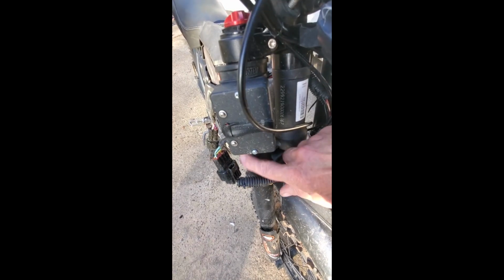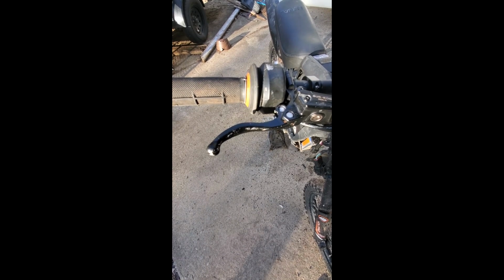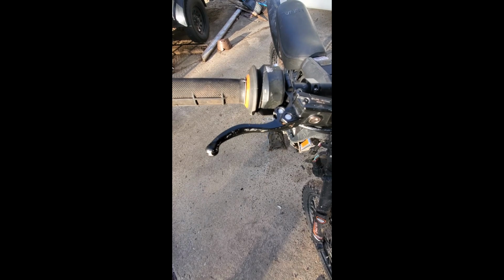And this box right here is connected to the motor Hall effect sensor, and that is measuring the speed of the motor, and the amount of regen I'm getting from the front brake lever is varied by the speed of the motor, which is proportional to the momentum of the bike. So the faster the bike is going, the more rear braking I get from the front lever with a switch